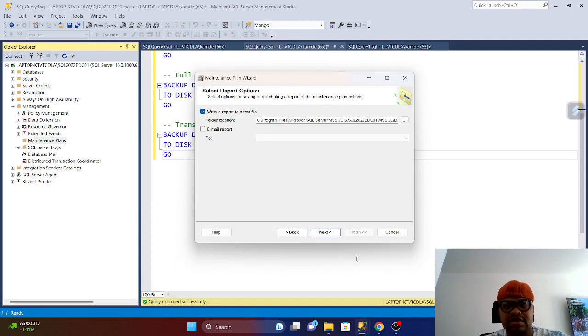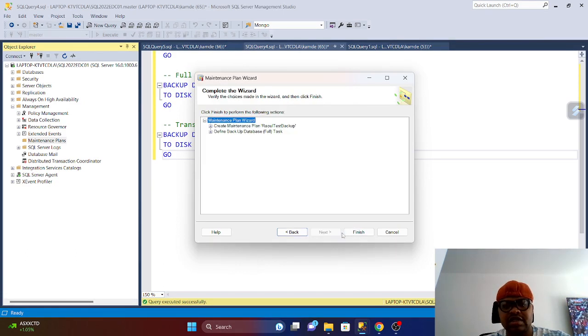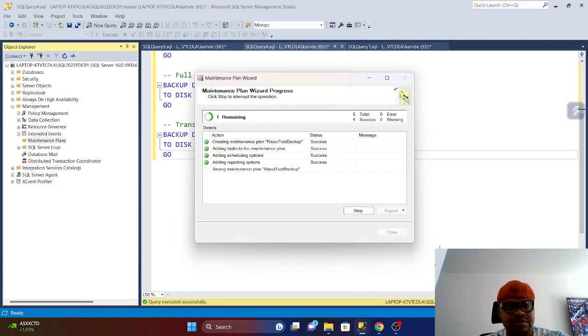So I'm going to click next. Here is where you can write your report, for example, right? This is the default. You can define a report on your email as well. So I can uncheck this one, click next, and then click finish,